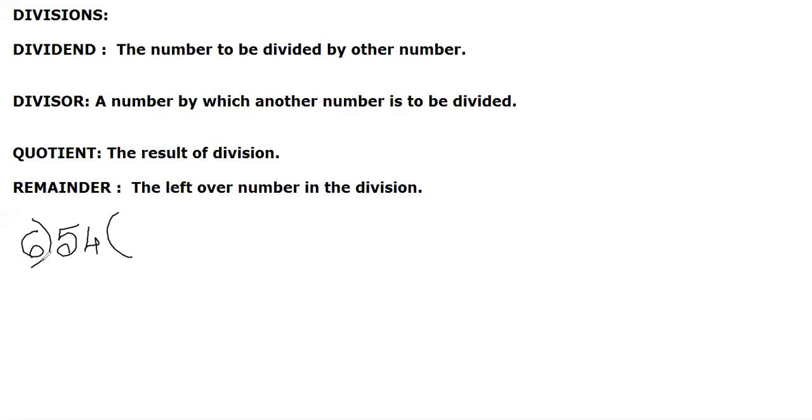In 6 table, see here, how many digits are there in here? Yes, number is 6, digits are 1 only. So here also you should consider one digit. Now compare 6 and 5. Yes, 6 is bigger one. Remember one thing, always my dividend should be bigger one, not the divisor. So here my divisor is bigger one. So that is the reason I should consider next digit also. Now check 6, 54. 54 is bigger one. Now you can continue the division.